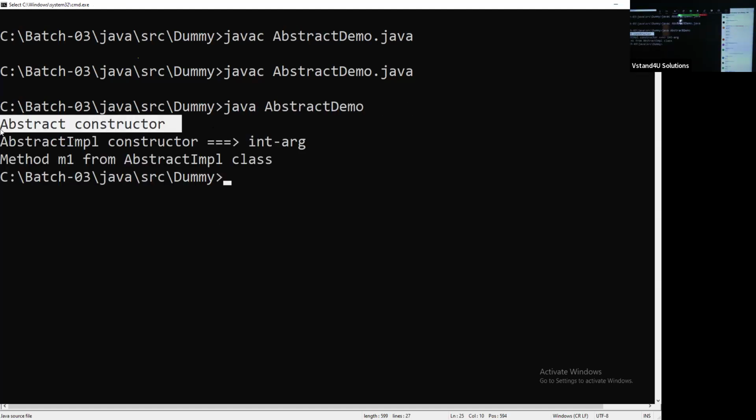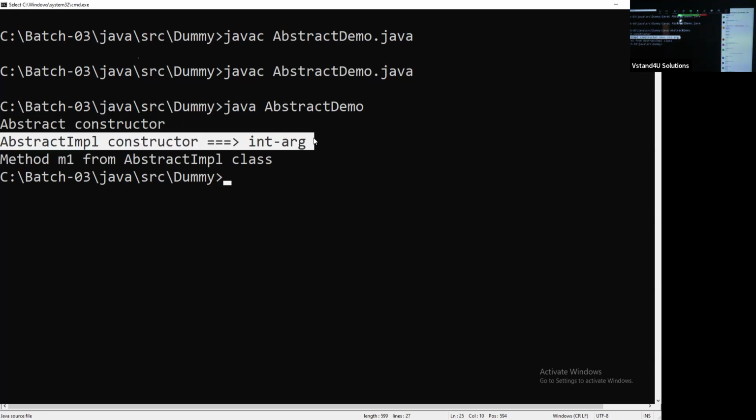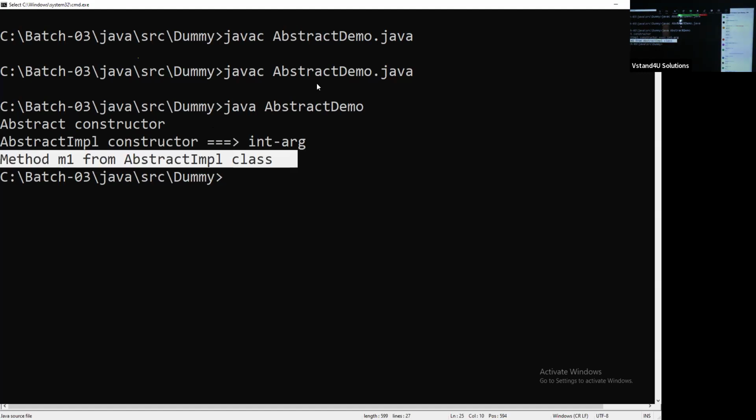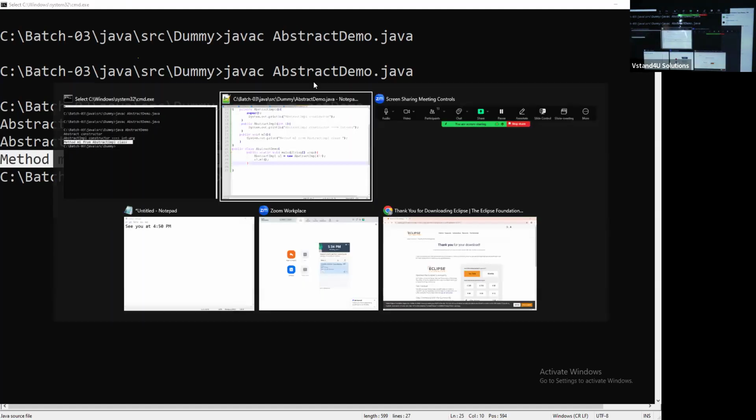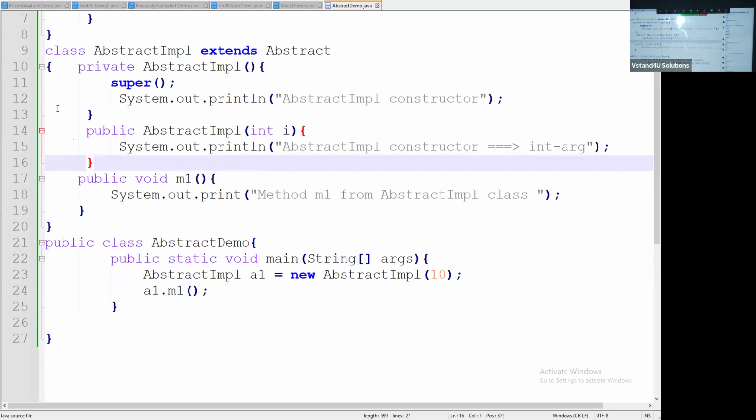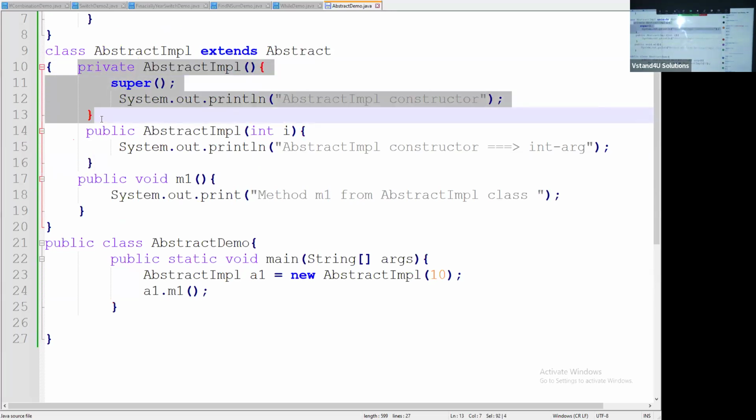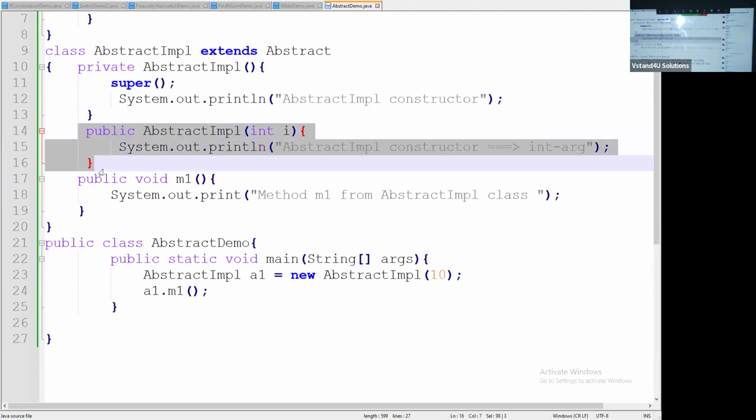First, the NOR constructor is called of the parent class, the parent abstract class. In IMPL, I am calling the integer argument constructor and then I'm calling the M1 method. Simple as it is. My question, sir, this constructor call has a first line as another constructor call. In the integer argument constructor, if I am not writing any constructor call, then what will happen? Then